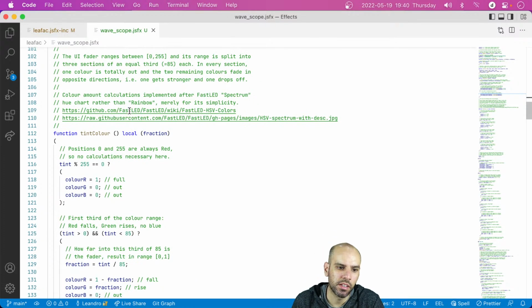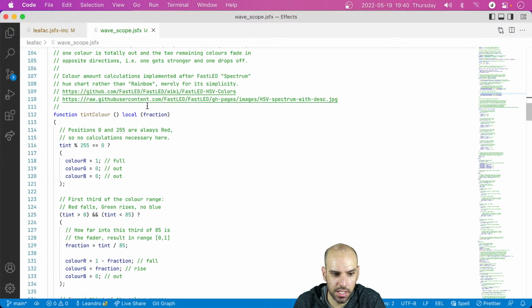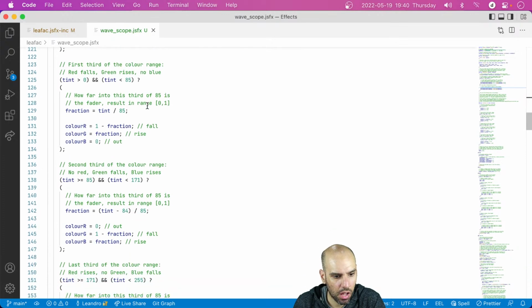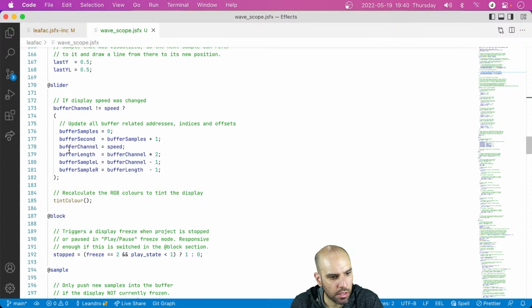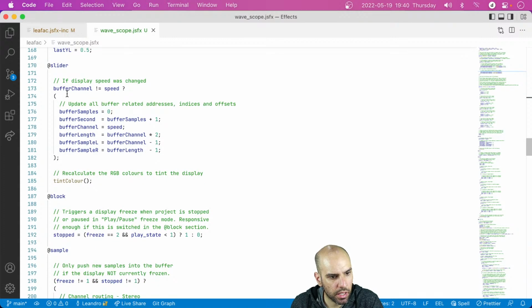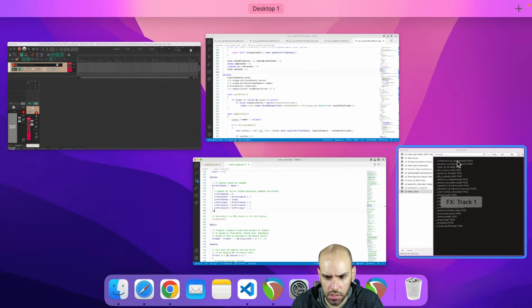Interesting. So there is this, I guess, principled way of converting the slider into colors. All right. And this is, if display speed has changed, then you do, interesting. Then you do a bunch of, I guess you're resetting the buffers, but why do it that way? What happens when I change the